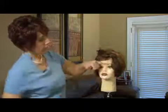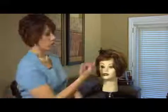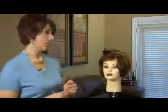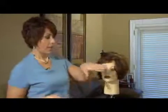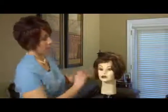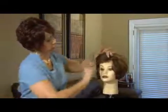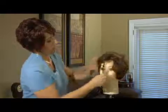Now, what happens when they get down to here and they're obviously too short? Well, the same thing. You just go in and continue to notch them. Another thing you can do is I highly recommend going to someone you trust and having them help you out with this as well. So when you style your hair, you can just bring that over, and then